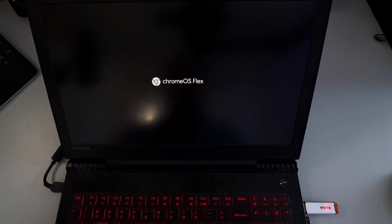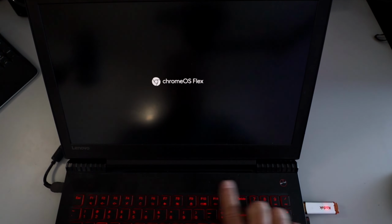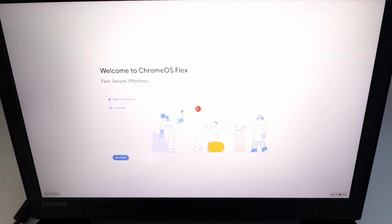There's the Chrome OS Flex, so it seems to be working. So it's loading up off of the flash drive and not off of my solid state drive. Welcome to Chrome OS Flex. Fast, secure, effortless. Perfect. So you can select your language here, accessibility options, but right here there's an option that